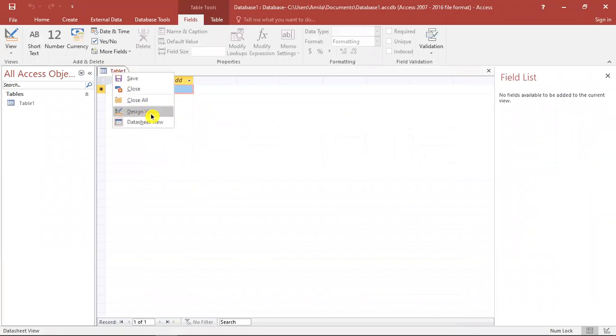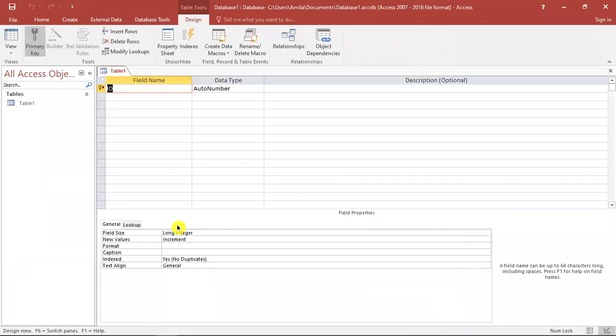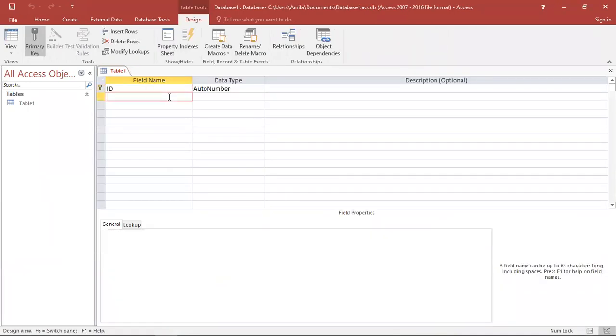In datasheet view, we have to go into the design view, and after that, we enter some field, let's say a currency type field, let's say salary.